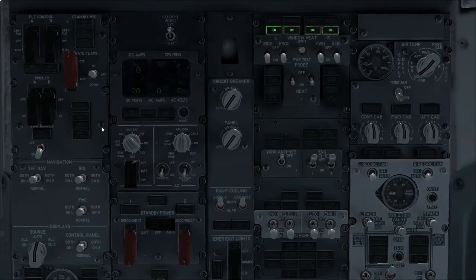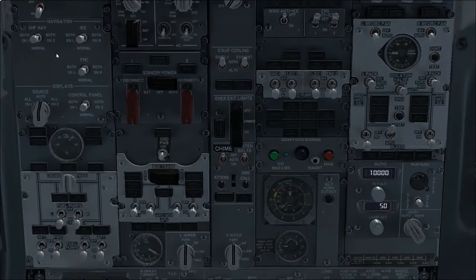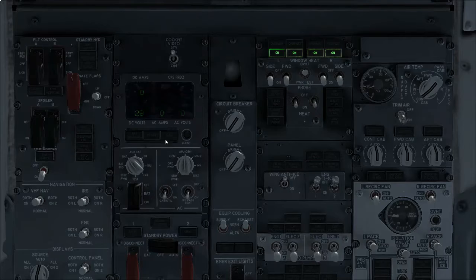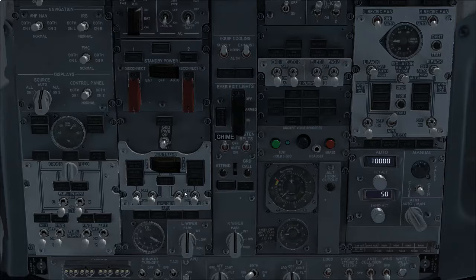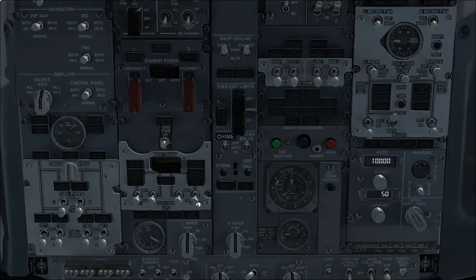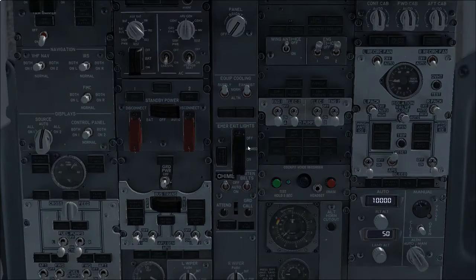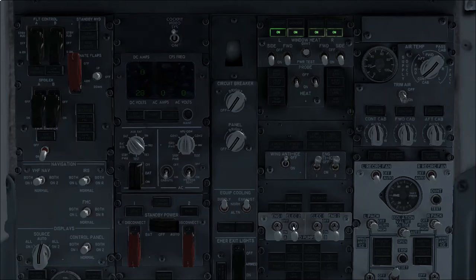So you have your flight control switches, your navigational display switches, your fuel pumps, and your electricity sources, ground power connection, APU generators, even wipers, and they work as well. Exit lights, seat belt signs, electrical, hydraulic systems, your window heat,